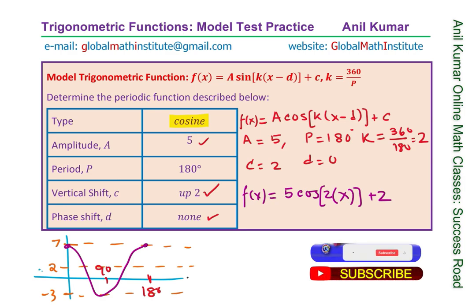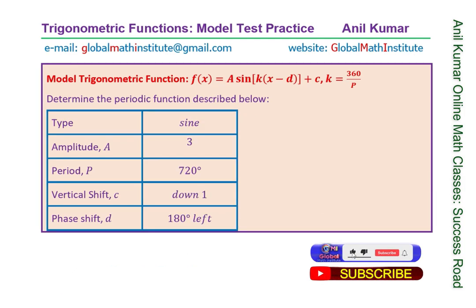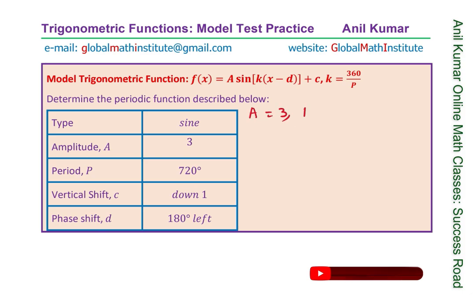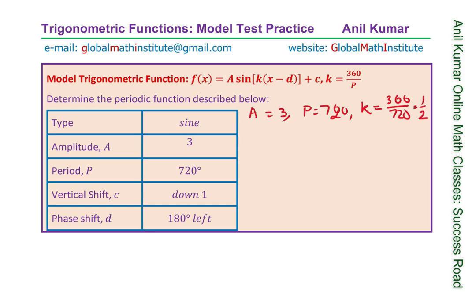Perfect. Let's take up the last example in which we are again writing a model for a sine function. Data given to us: amplitude equals 3, period equals 720. So as the period is given as 720, k can be found as 360 over 720, which is half, right? And the value of c is down 1, meaning minus 1, and d is left 180, meaning minus 180 degrees,